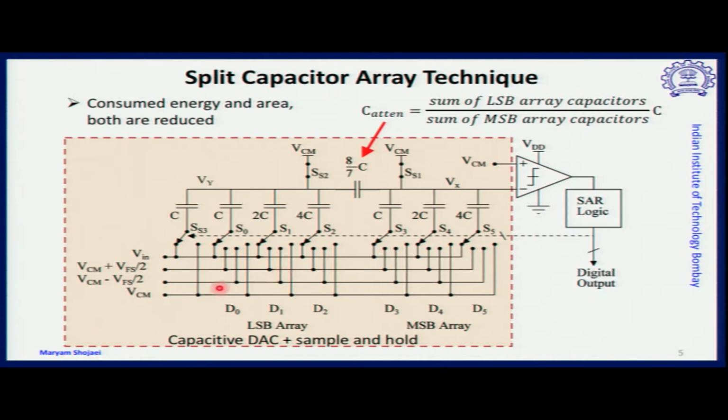Similarly, the switching arrangement for the ADC based on the DAC is a little different, in the sense that we have min and max values of the reference levels, which are V common mode minus V full scale by 2 and V common mode plus V full scale by 2. I am showing you this scheme because it is not very common in textbooks,